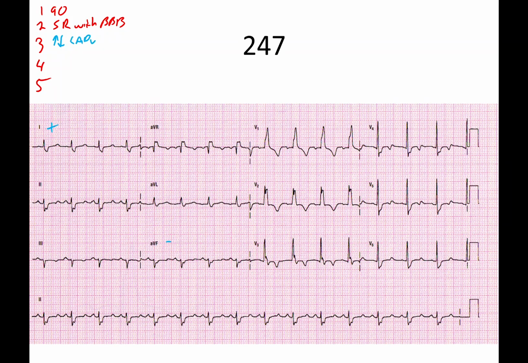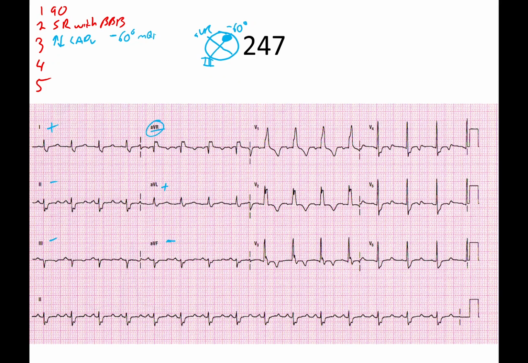Which one's my most isoelectric? That one's a little bit tough. I would say negative, negative, maybe there, positive. I would say that one's negative for sure. So we're going to have to go with our AVR as our most isoelectric. And so I'm going to redraw. We haven't had too many of these, so I'm going to draw our dial again. And so AVR travels this direction. So who is perpendicular to him is going to be our, that's right, lead 3. And we decided we have a left axis deviation, so it's going to be up in this quadrant here. And so lead 3, you'll have to look at your sheet to recognize it, but that winds up being negative 60 degrees. So we'll say negative 60 degree